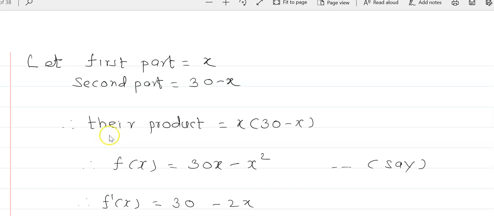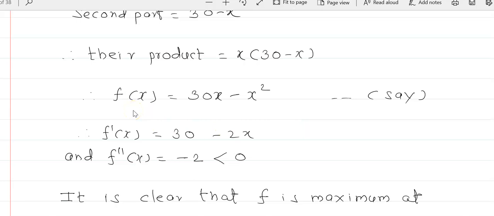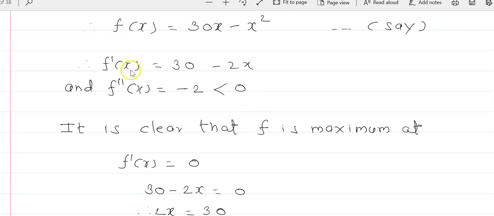Therefore, we'll take their product. Their product is equal to x into 30 minus x. Therefore, f of x is equal to 30x minus x square. Its first derivative, that is f dash of x, is equal to 30 minus 2x. And f double dash of x is equal to minus 2, which is less than 0. It's clear that f is a maximum at the point where f dash of x